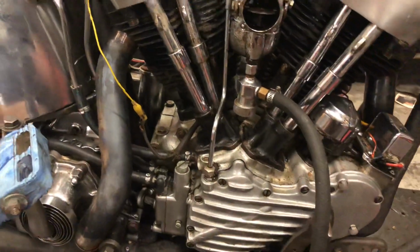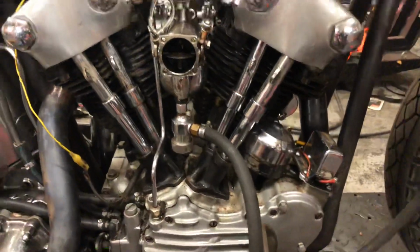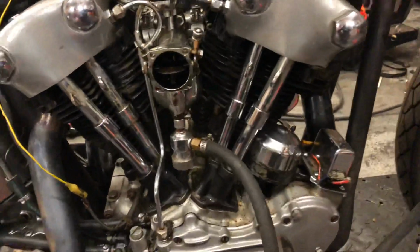It came out of a running bike, and then I put it in this one and went in a different direction. So again, that shows you the bike starts right up. I don't have a throttle cable hooked up, so I've got to do it by